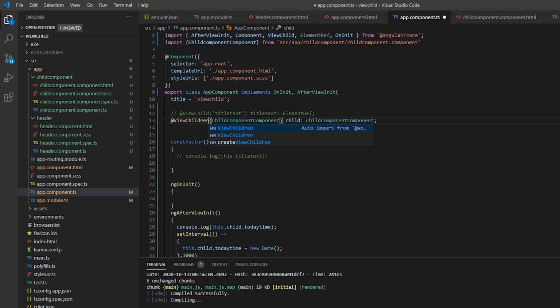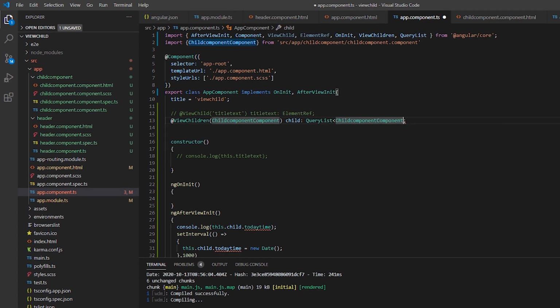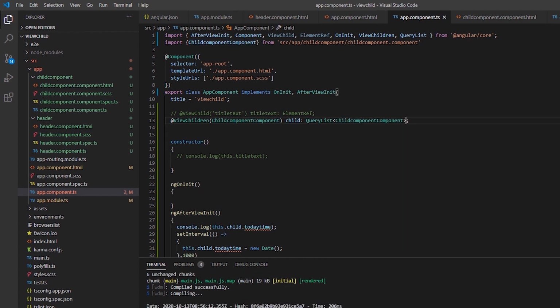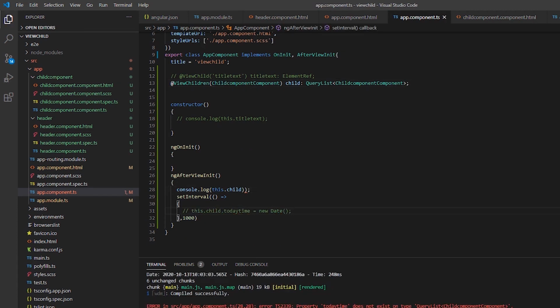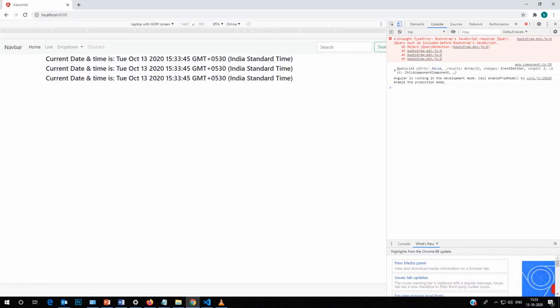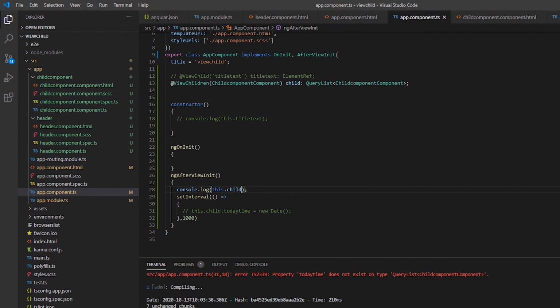Now use ViewChildren. Make sure to import it from the Angular core package. Also import QueryList, as ViewChildren will give us an element list. Now see the result on the browser. It is difficult to understand, so let's use the toArray method to make it more readable.